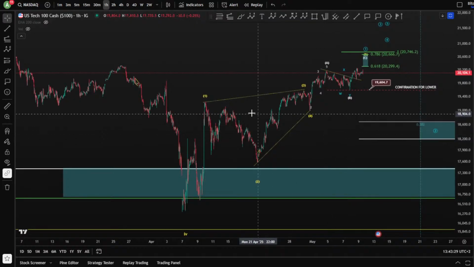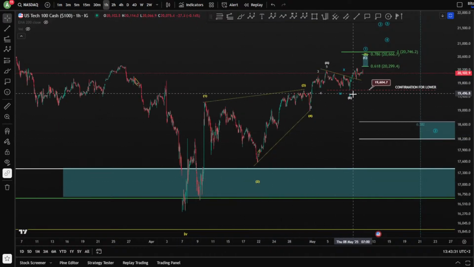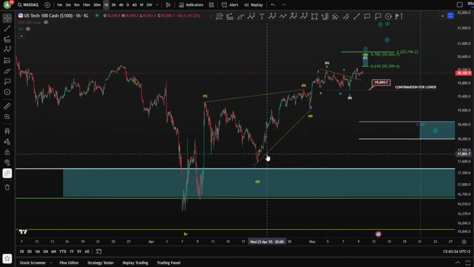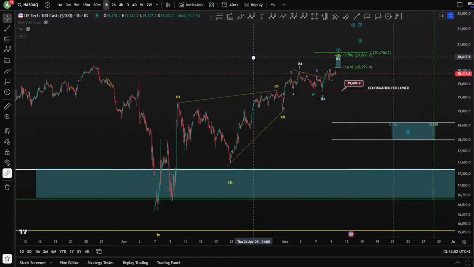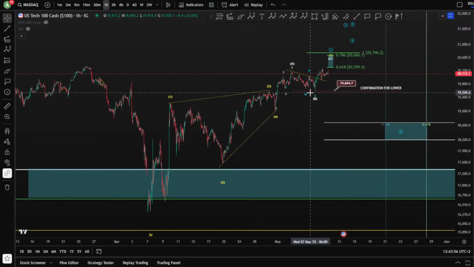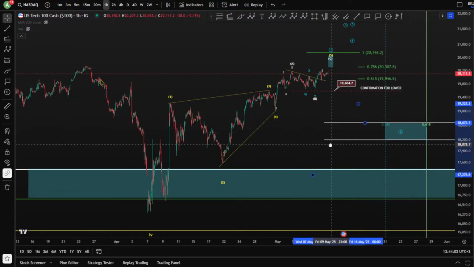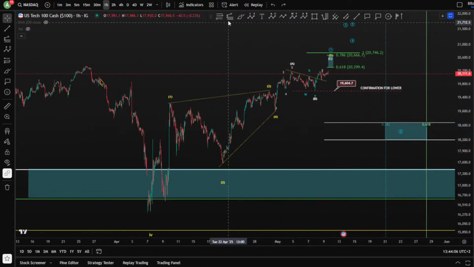I'm trying to look from out of the box a little bit if we see different counting as well. Here we see intersection with wave 1, so it cannot be an impulse. Okay. 1, 2, 3, 4, and a 5. It becomes a little bit expanding. I'm just trying to figure it out, guys, if there are some alternatives as well. I think no. I think we have the best count so far. Yeah, this is the best count so far. The highest possibility. Of course, there might be a lot of possibilities.